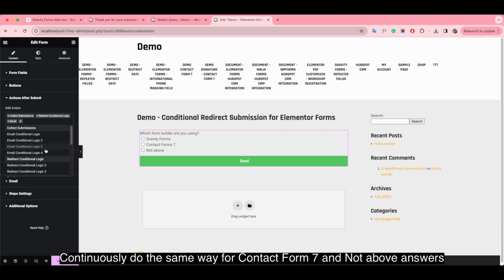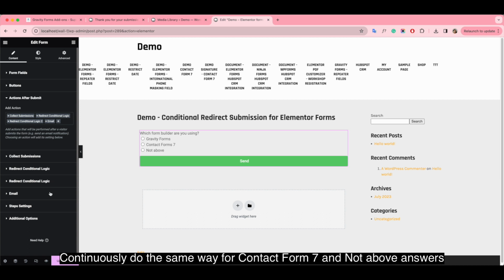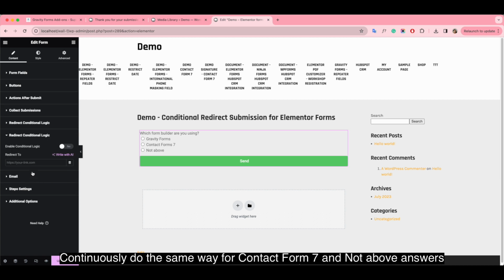Continuously do the same way for contact form 7 and not above answers.